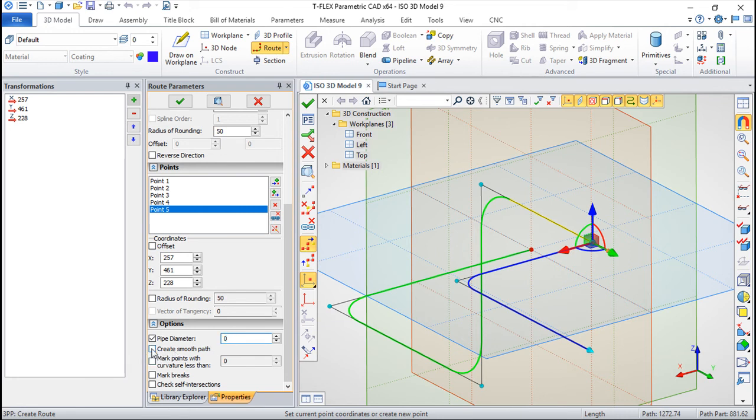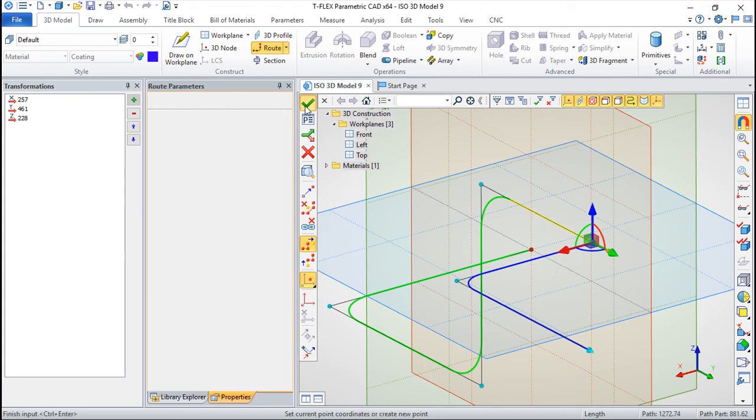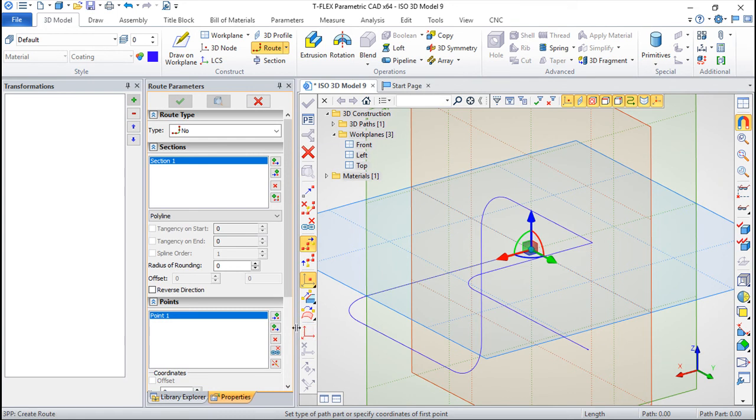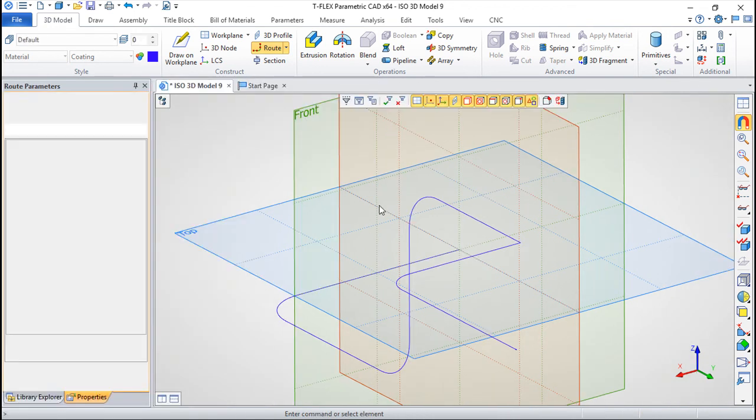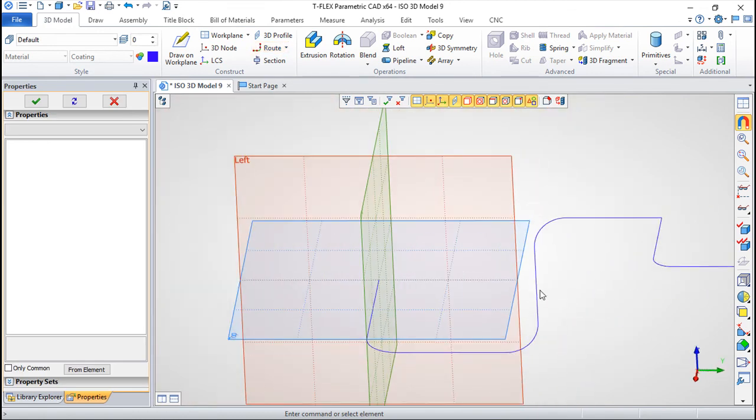I can create a smooth path if this is with sharp edges. I can mark points that indicate the curvature lower than some values, for example 40. And I can mark the breaks or self-intersections on the section. So this creates a route,